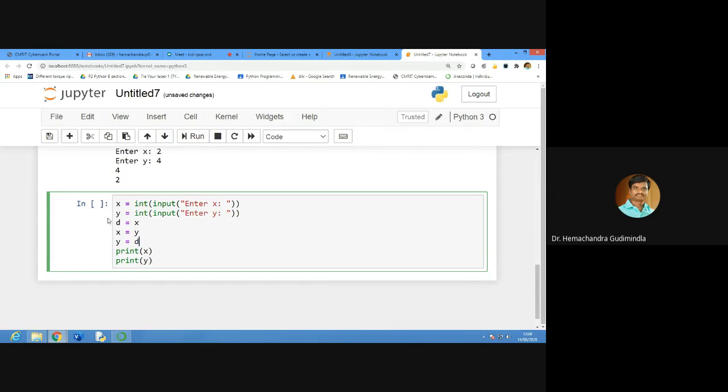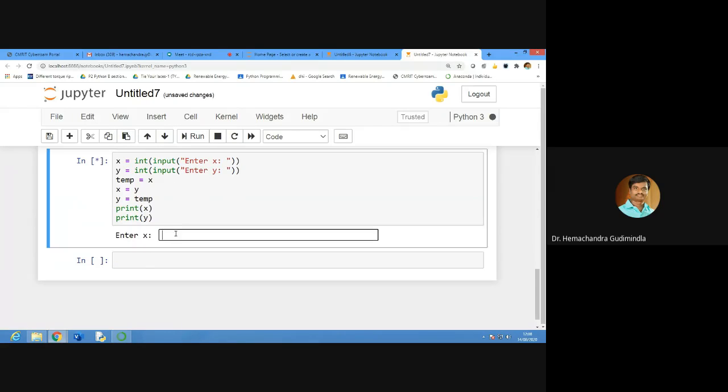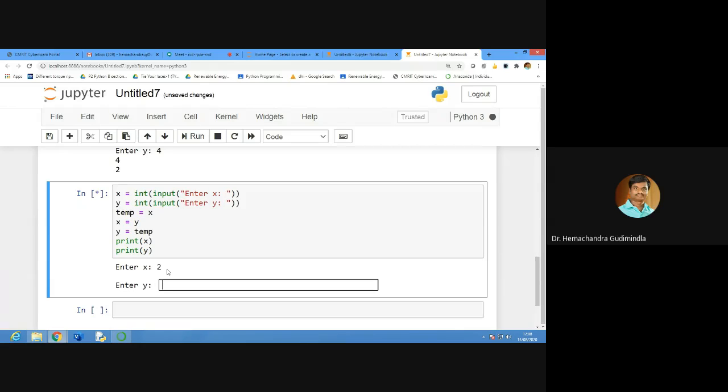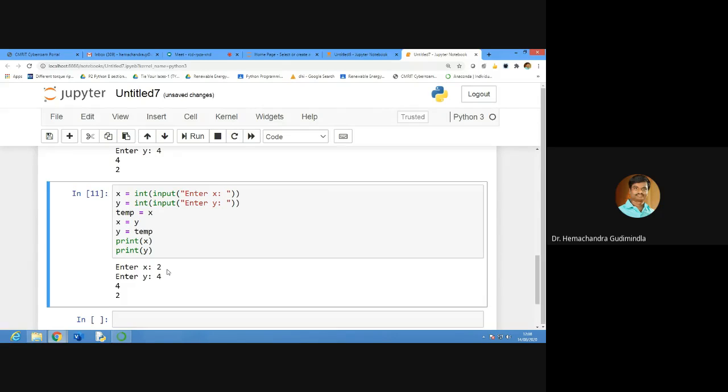This is by using a temporary variable. I will use temp so you can understand it is a temporary variable. Any variable, D also, no problem. X equal to 2, Y equal to 4. You got it, right?